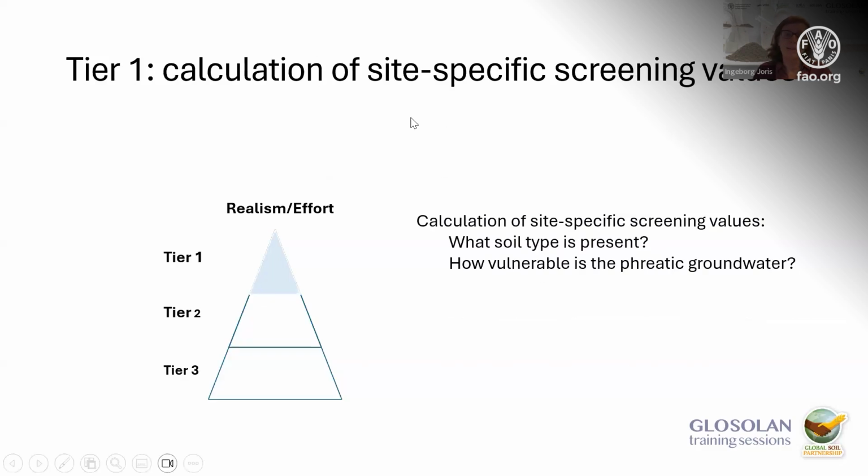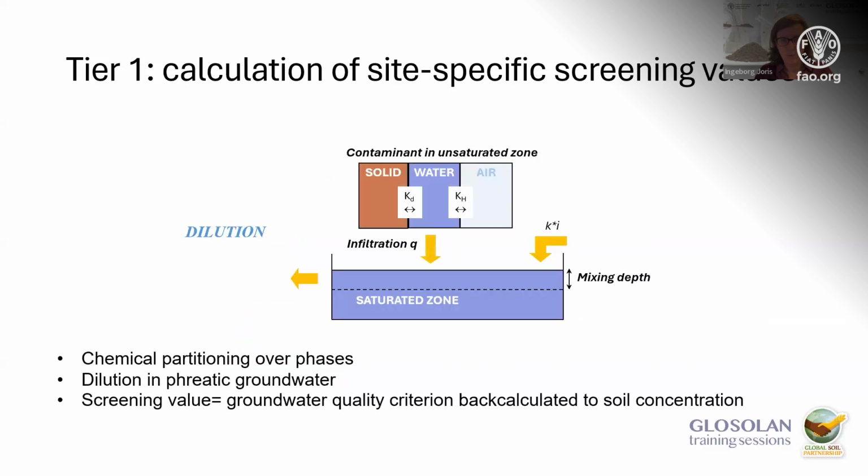What does it mean, this site-specific screening value? It means that for a certain site and a certain solute, of course, you assess what soil type is present here and how vulnerable my groundwater is, and just based on this, it's possible to calculate a screening value. You assume that your solute is partitioned over your solid, water, air phase,